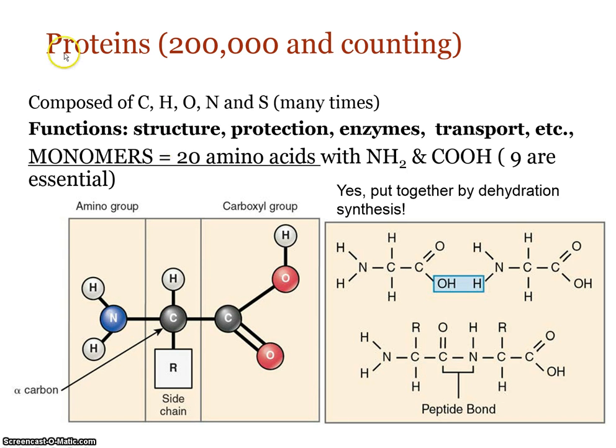So when we talk about proteins, there's actually a whole lot of different proteins. One of the reasons is because of the protein monomers: there's 20 amino acids, and these monomers can be combined in any variety of ways and numbers. So we liken this to the alphabet, right? With 26 letters, we recombine those 26 letters into many, many words. So proteins are the words, right?